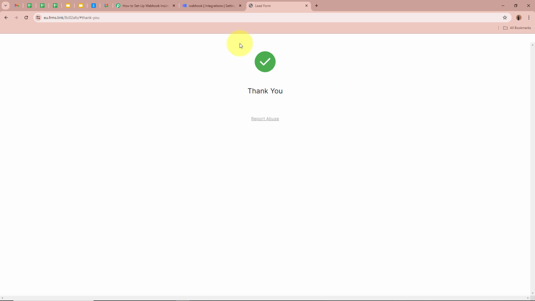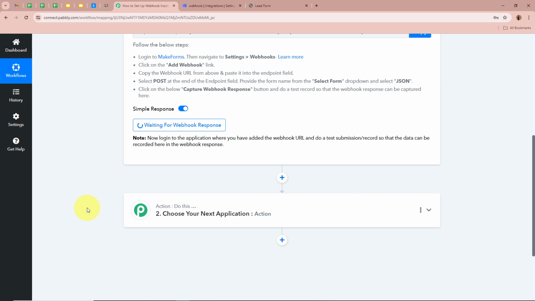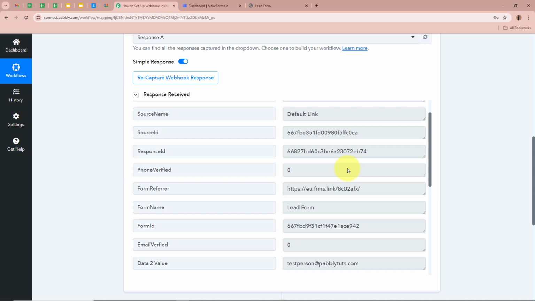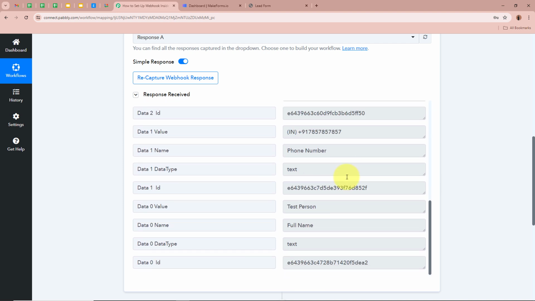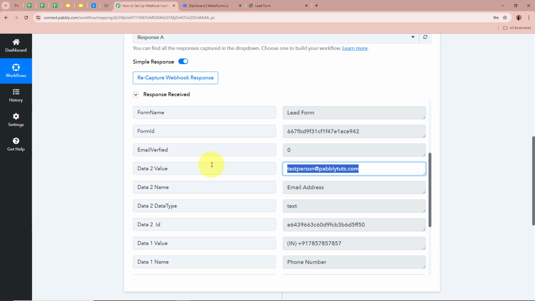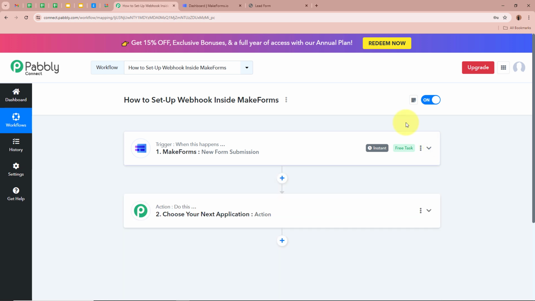As we have done the form submission, I'm going to open my workflow and scroll down. I'm going to wait over here for a few seconds. After waiting for a few seconds, you can see over here a webhook response is captured. If you tally the response, for the full name it says test person. For the phone number, a dummy mobile number. For the email, testperson@pabblytudes.com. So this means that we successfully set up the webhook inside MakeForms, and it is now connected to Pabbly Connect,